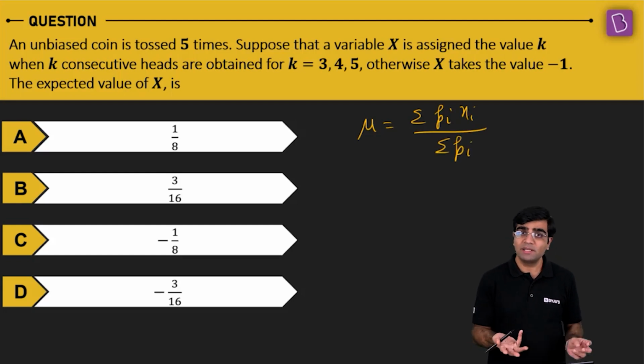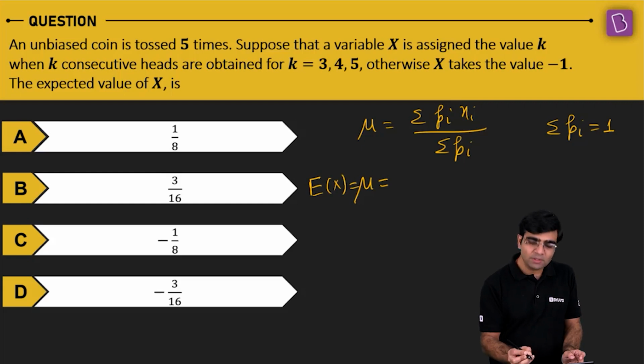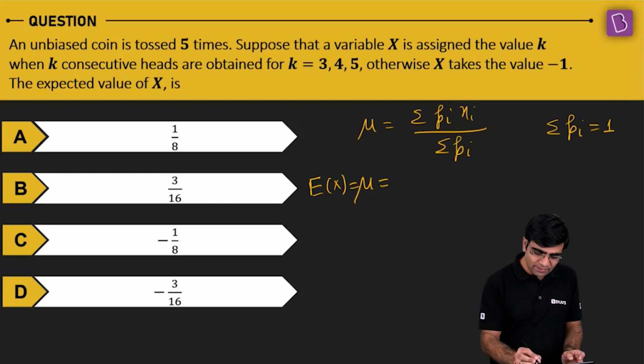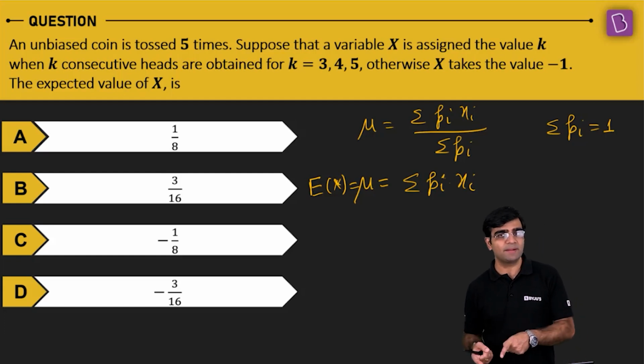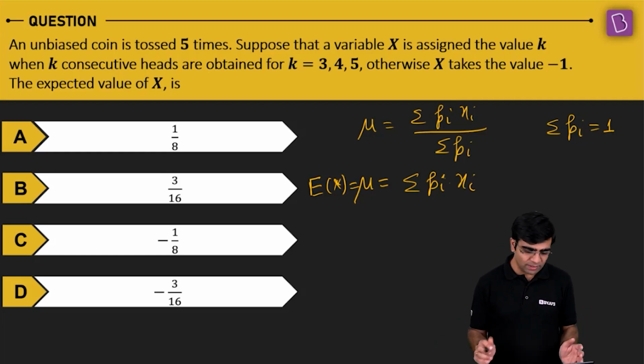1, because the total probability in a probability distribution is always 1. So since I know that for a probability distribution sigma pi is 1, this mean or the expected value, which I call Ex also, right? Ex is the variable for which I'm trying to find the expected value. So Ex, or mu as well, which is also the mean value, is equal to sigma pi xi, where pi is the probability associated with the variable xi, where xi is the value associated with the probability pi, if you put it that way.